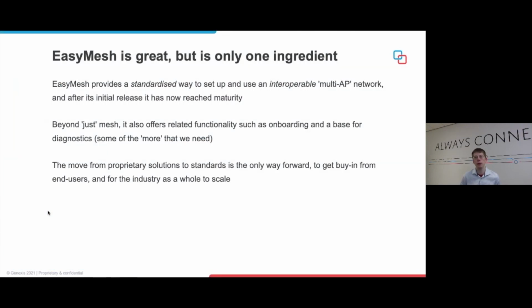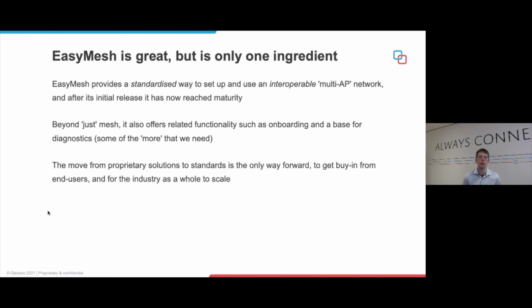So, as I said, EasyMesh is great, but it's only one ingredient that we need for the total network. EasyMesh provides a standardized way to set up and use an interoperable multi-AP network, and it's for sure something we need. And after its initial release, where R1 was still a little bit limited, it has now reached maturity. I think R2 is great, and then it gets even better from there. Now, beyond just doing the mesh part, it also offers functionality related to Wi-Fi, such as the onboarding and a base for diagnostics. And these cover some of the more that we need,